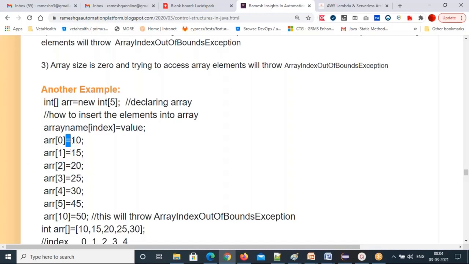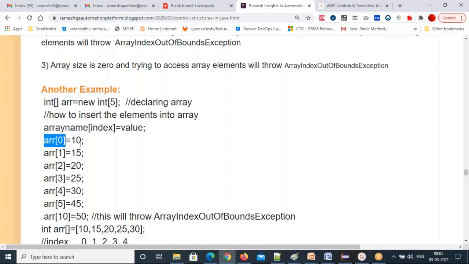This is the assignment operator. Assignment means that the value 10 will be stored in the first position of the array. What is the first position's index? 0. The first element's index is hard coded, it is never going to change. If I want to access 10, I need to call arr[0]. Then you will get the value 10.